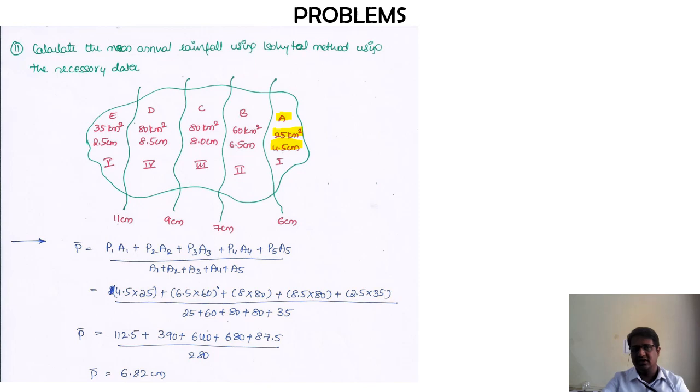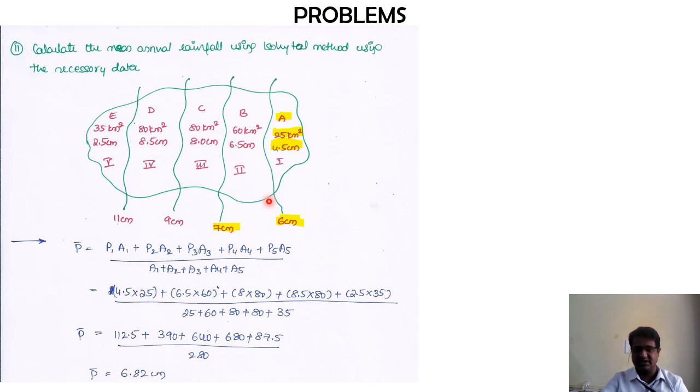So here, instead of giving you the average value or you calculating the average value between the two isohyets, what they have done is directly given you the mean precipitation in that particular section. So your work is much easier over here. Okay, so don't get confused, still I am saying, because in the isohyetal method these isohyets are formed or generated based on the placement of rain gauge stations. Okay, and once you have the rain gauge stations, then only these isohyets can be formulated, and once these isohyets are formulated, at that point of time we are letting go of the rain gauge stations.